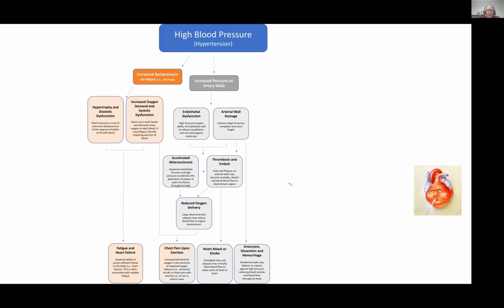This high blood pressure can also cause endothelial dysfunction, which is something very important for our lab's research and important for cardiovascular health. The endothelium is the tiniest layer, the inside layer of cells in your arteries or your vascular system. And it is very much in charge of maintaining cardiovascular health. It releases things like nitric oxide and other factors that will cause vasodilation and prevent atherosclerosis and thrombosis. When you have high blood pressure, that endothelium tends to get damaged and it doesn't release the healthy things that it needs. Instead, it becomes what we call activated and releases things that will